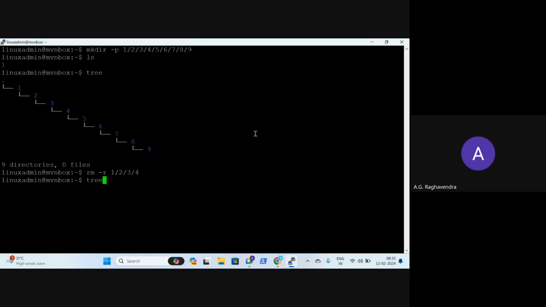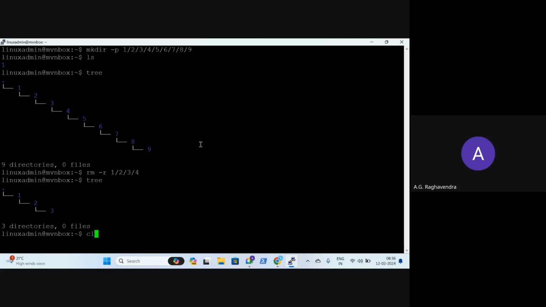Now you say tree. Yes, that's deleted. Fourth directory onwards, everything is deleted. So that is how you can create a directory structure using -p.